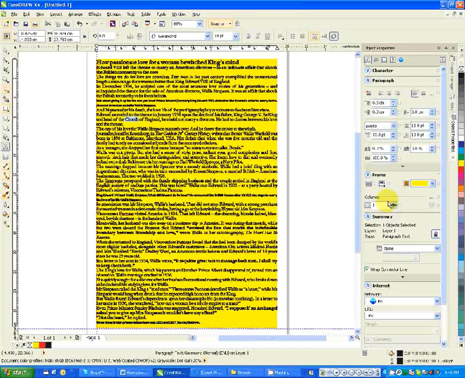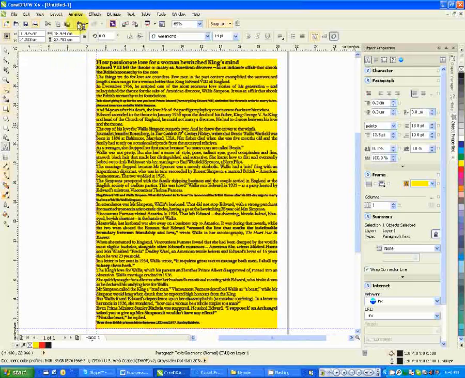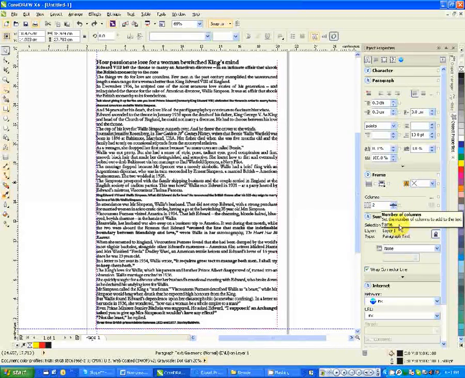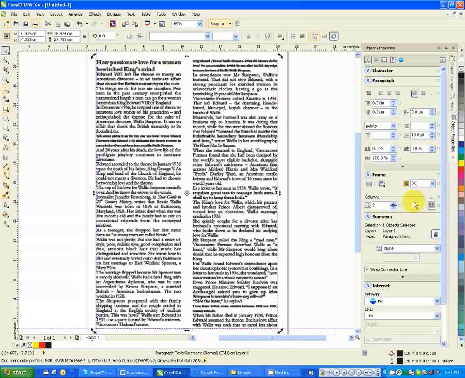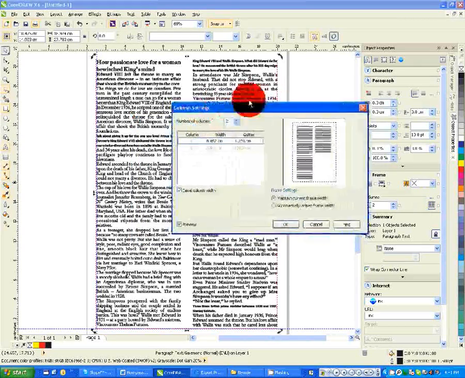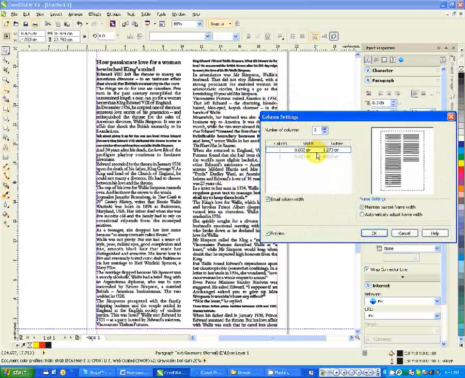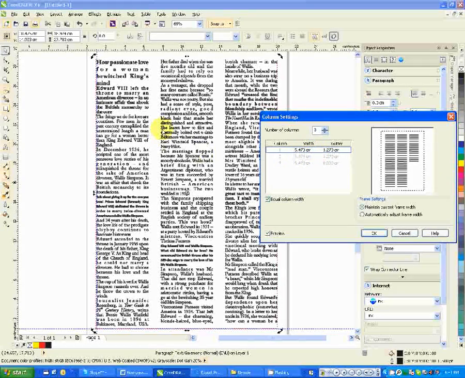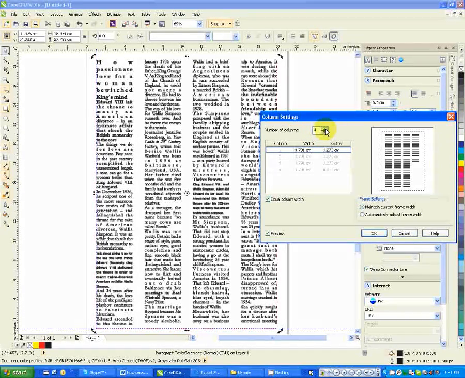The other thing that is there in the frame is the number of columns. This is one way of making the number of columns. If I have my text box and I want them to appear in several columns, I can say 2 columns. When I say 2 columns, it gives me the possibility of modifying the space. If you say 3 columns, it appears there, and you can determine the gutter size, these sizes. So if, for example, you're working with a big magazine which has like 5 columns in an